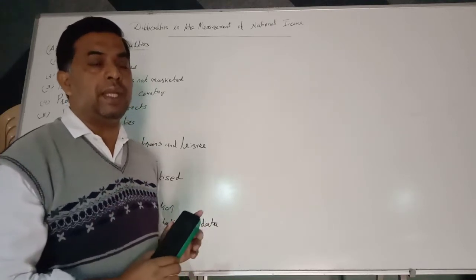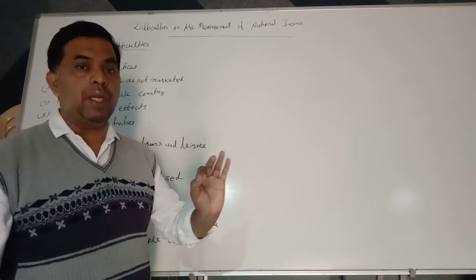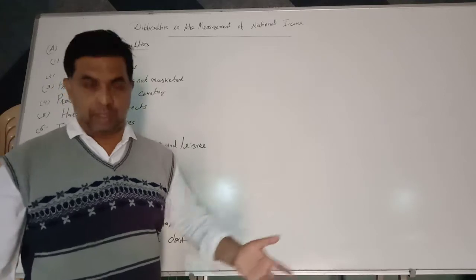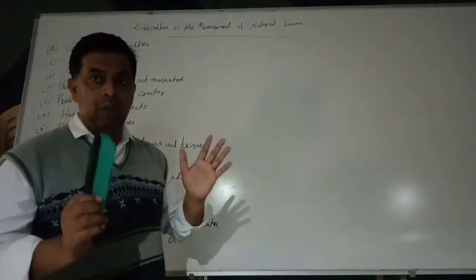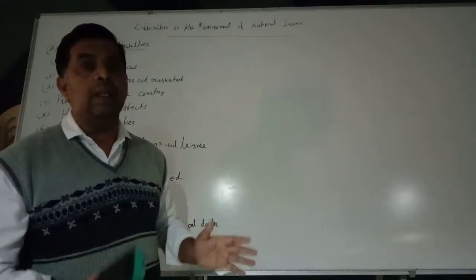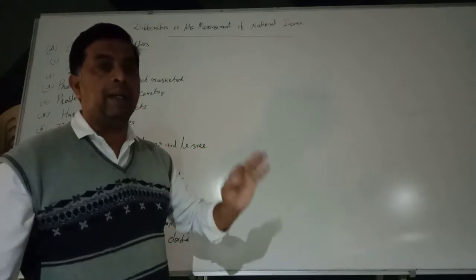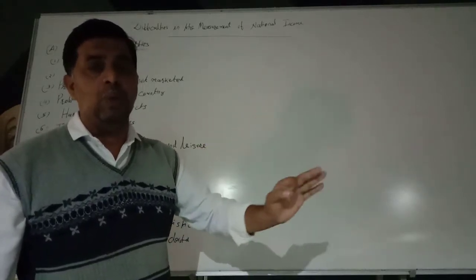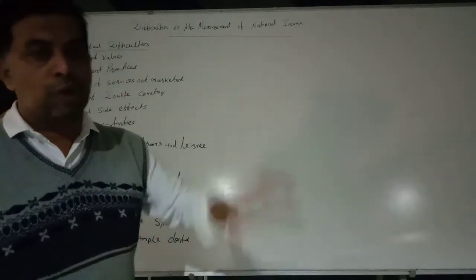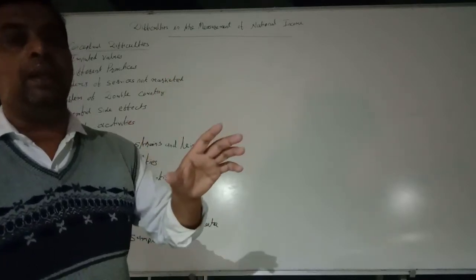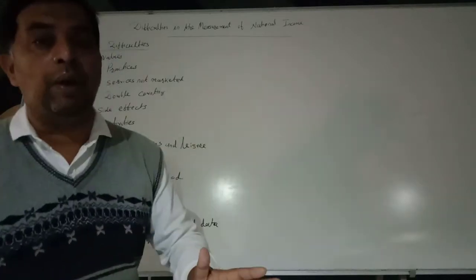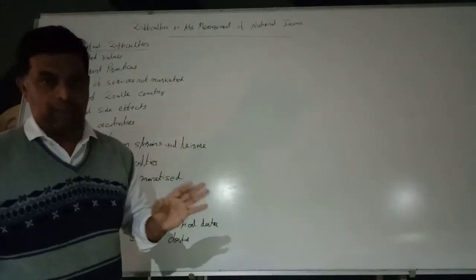Conceptual difficulties means here the country has to decide what is to be included in national income and what is not to be included in national income as a concept. Okay, to understand as a concept, national income is the aggregate market value of all the final goods and services produced in the economy during a given year. This is the definition. This is the concept. Keeping this concept in mind, we have to decide what to include and what not to include. Okay.